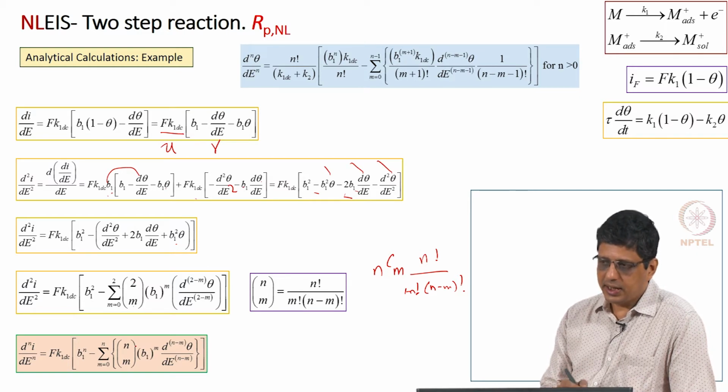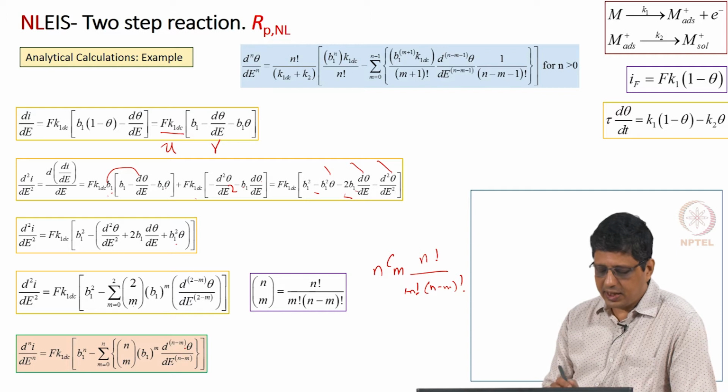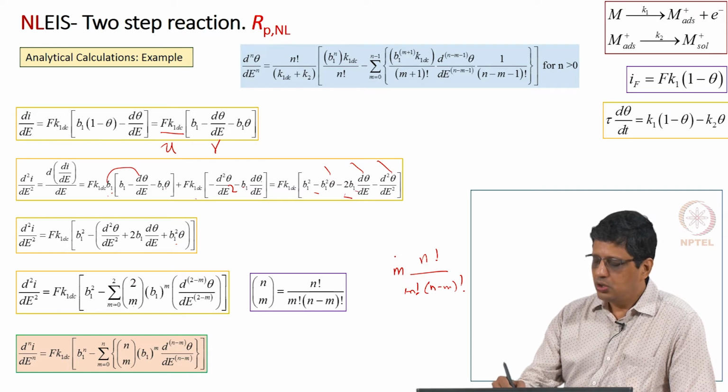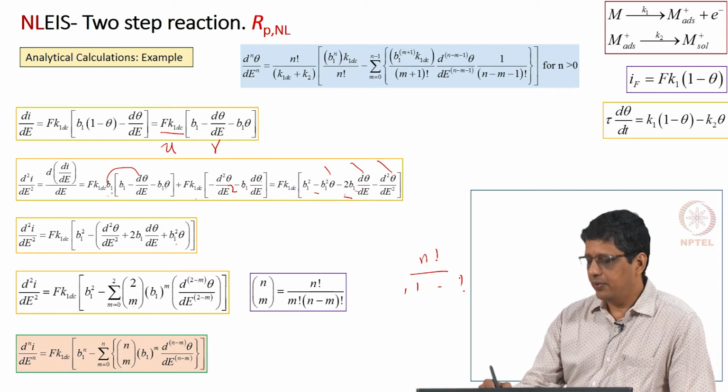So, essentially I can write the nth derivative of the current in terms of the nth and lower derivatives of theta with respect to potential, and for each of them we have got an expression before. So, we should be able to calculate,